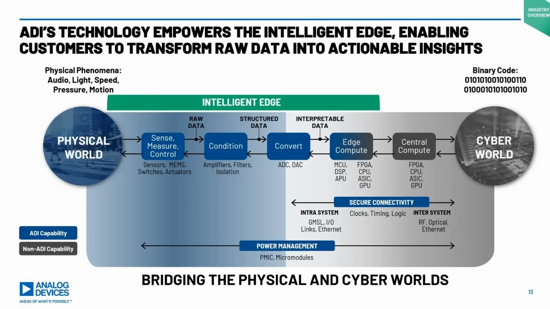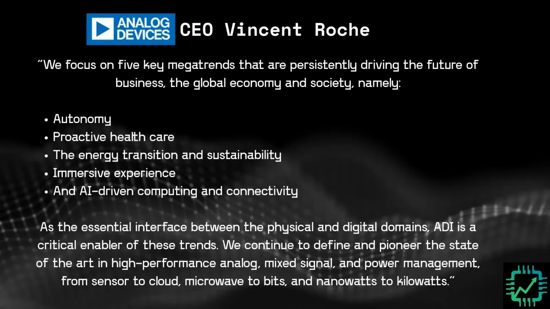So everything in blue on this chart here is what ADI does. And then as it fades to gray on the right, you see where they have the cutoff: FPGAs, CPUs, GPUs, and any application specific custom chip further over to the right. That's not ADI's realm. So everything to the left. Some of these end markets have been beat up pretty bad because they're not necessarily 100% correlated to GPUs in the accelerated compute market, but that's starting to change. This is from their CEO, again, actually 3 months ago when we did this review.